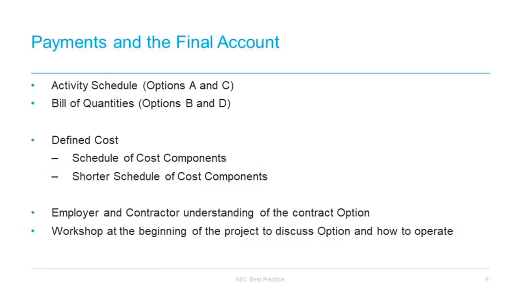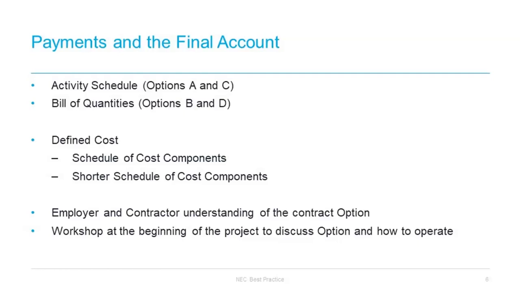contracts. In option C, it is helpful to include the target value in monthly forecasts so that the client or the employer has sight of where the pay and gain share is sitting each month, and each party can manage things more easily at an early stage rather than perhaps getting a surprise at the end of the project.